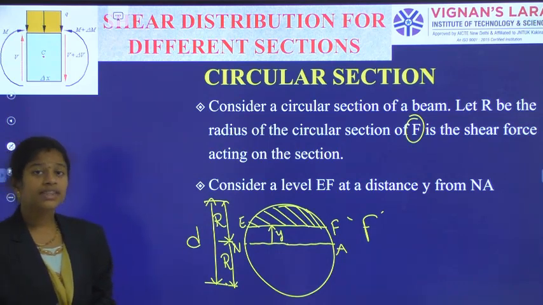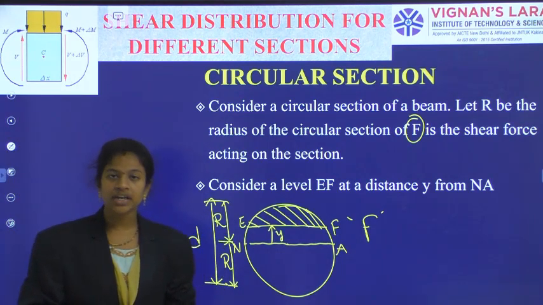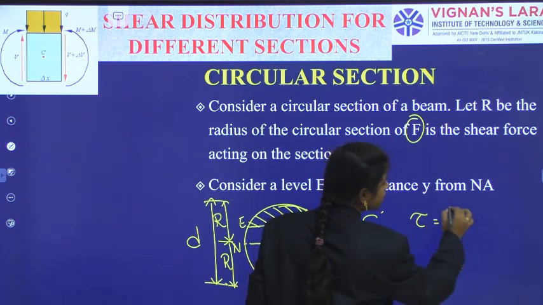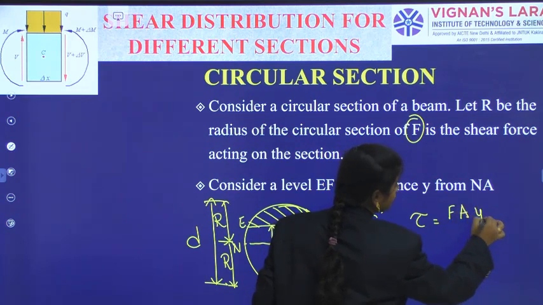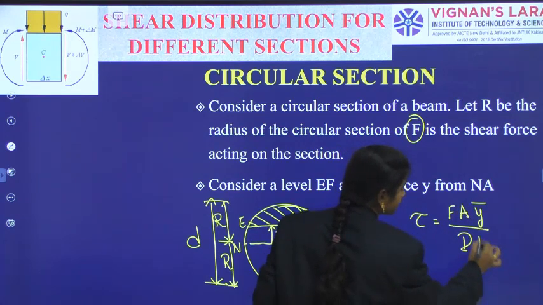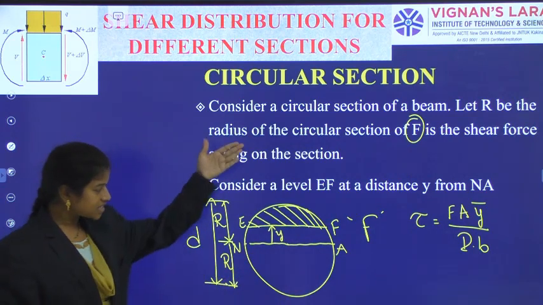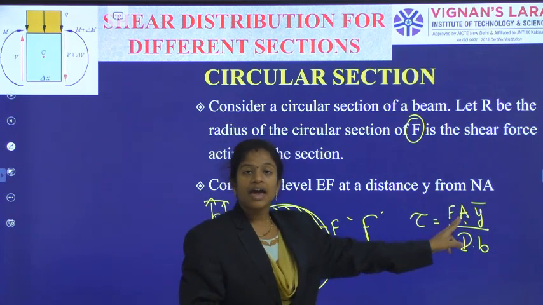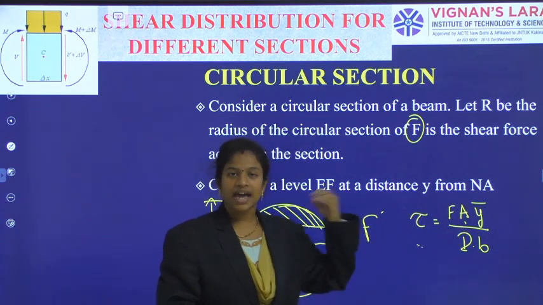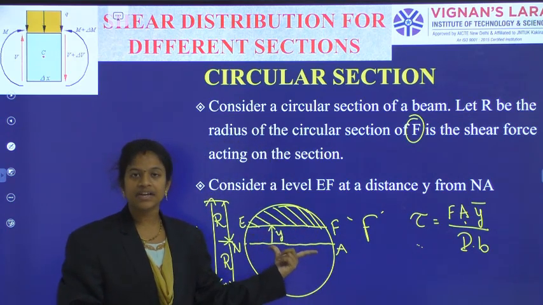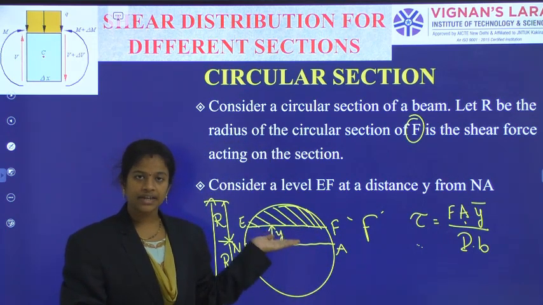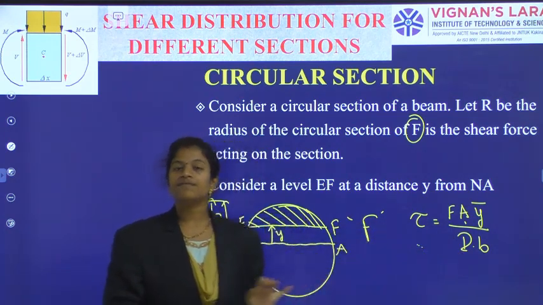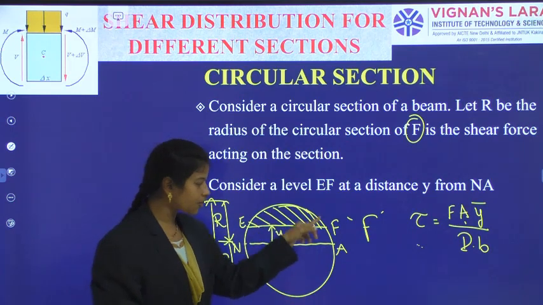As we already know, the formula for the shear stress is tau equals F A y bar divided by I into B. So the shear stress at any point is F A y bar divided by I and B. Here capital F is the shearing force acting at the section, and capital A is the area above the level at which we are calculating the shear stress. As I am calculating the shear stress at the level EF, the area of the portion above that level EF is what I need to involve as A, and y bar is the distance of the centroid of this portion